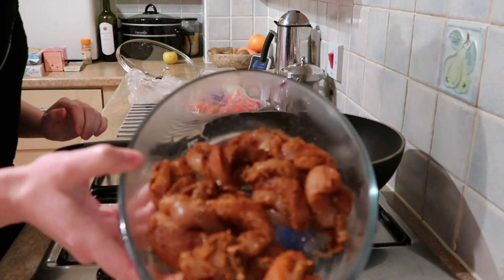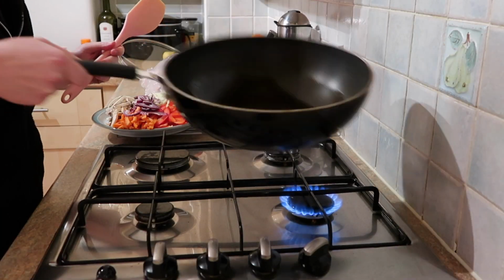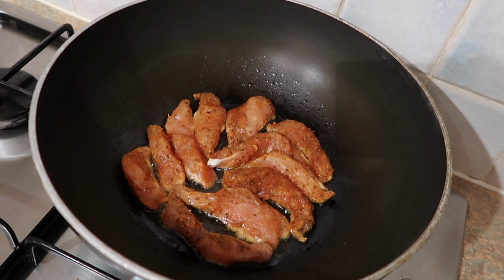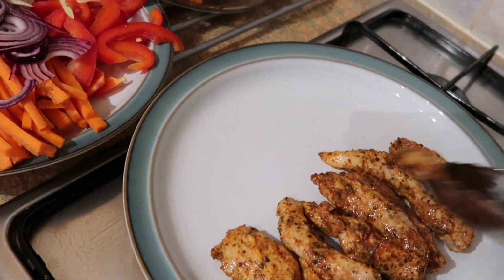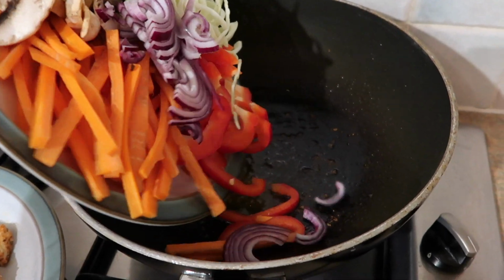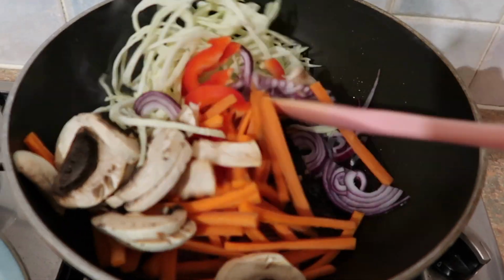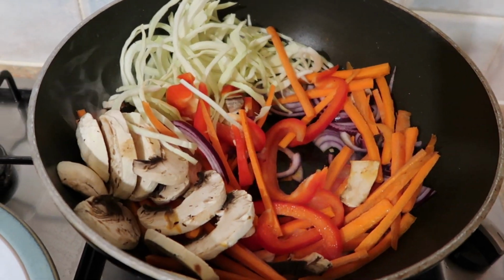So what I'm going to do is I'm going to put a big pan on the hob, add a bit of oil, let it warm up, and then I'm going to fry the chicken on both sides. It's been marinating until it is cooked through. So I'm going to do this in 2 batches just because of the size of the pan, and once they're cooked I'm then going to put them on a plate and I'm going to throw in the veggies into that oil because it's picked up all the flavour from the chicken, and I'm just going to gently stir fry those